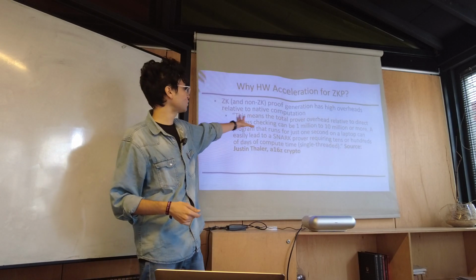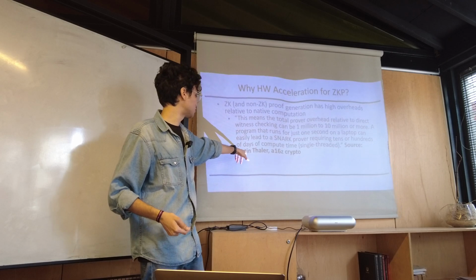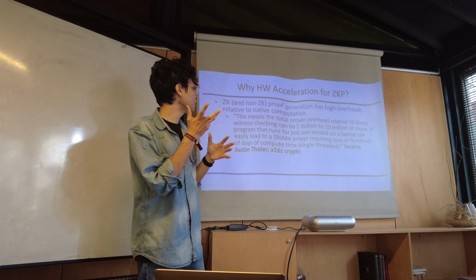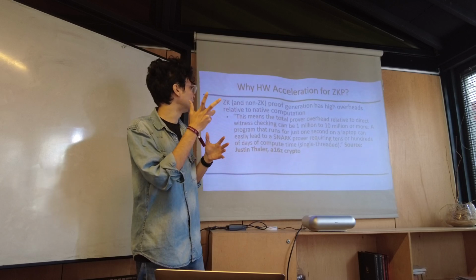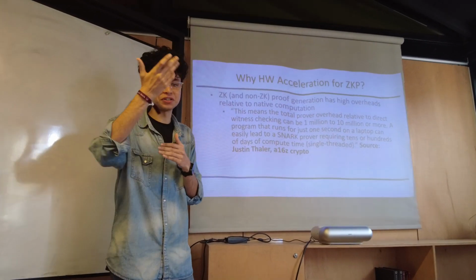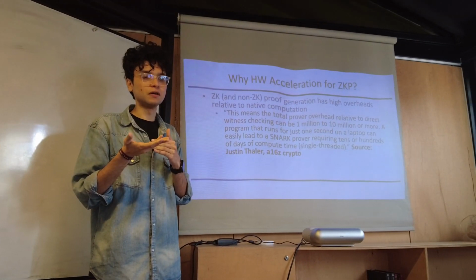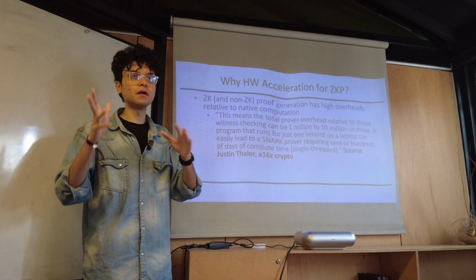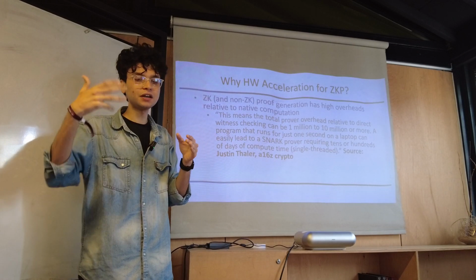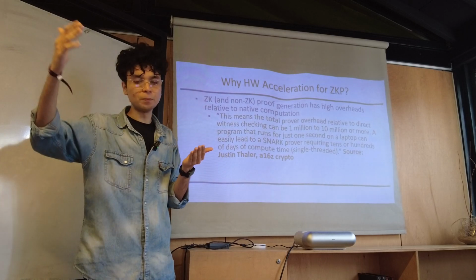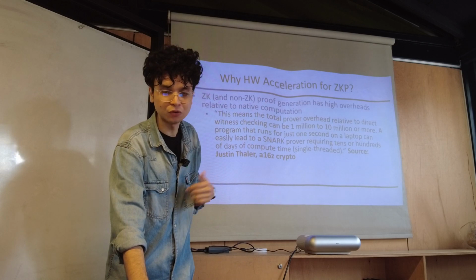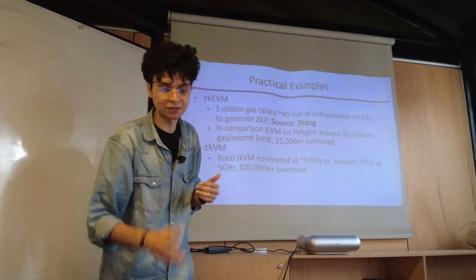So this was a quote that was published by Justin Thaler. He said that proving something takes over 1,000,000 times more computation than just running that computation in the first place for a lot of ZK proofs. So running a SHA hash on your machine might take few milliseconds, but creating a proof, right, might take up to 1,000,000 times more time than that. So clearly we need to do better, right? And hardware acceleration helps us with that.